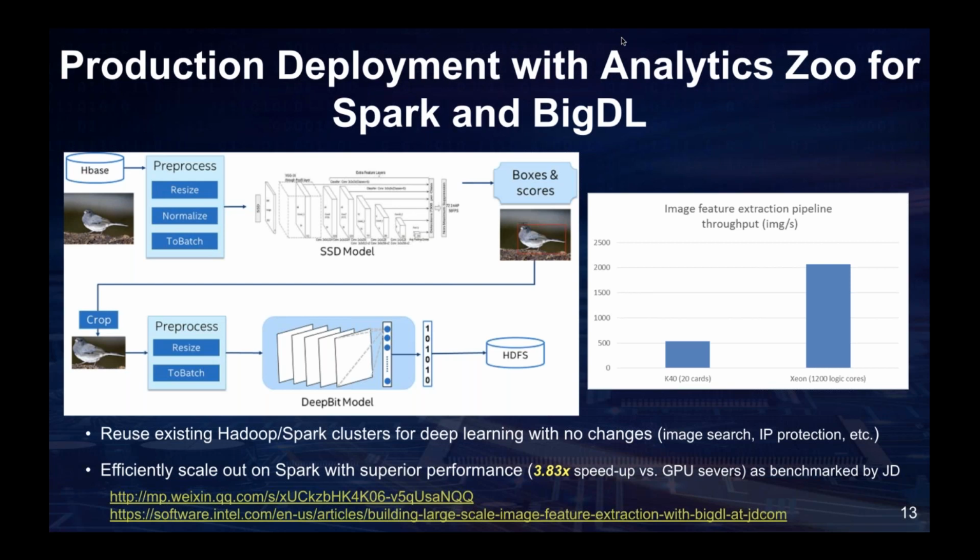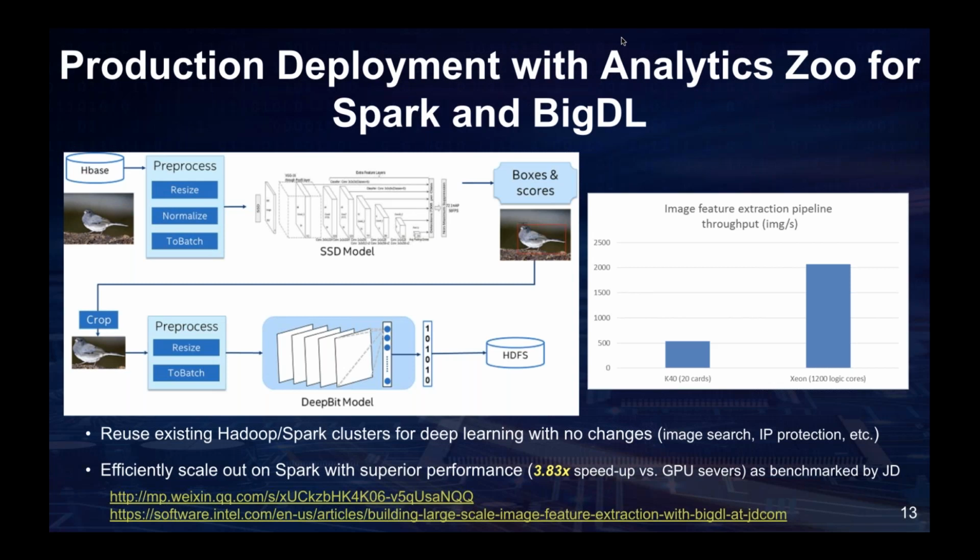After they adopted Analytics Zoo in their pipeline system, because Analytics Zoo can load the TensorFlow models to the Spark Yarn clusters, they don't need to do the data transfer between the GPU cluster and the Spark Yarn clusters.